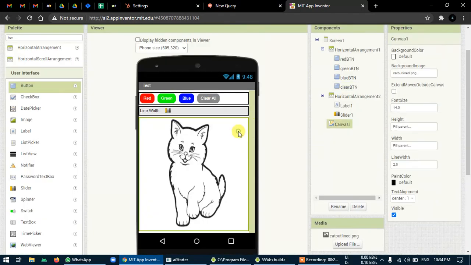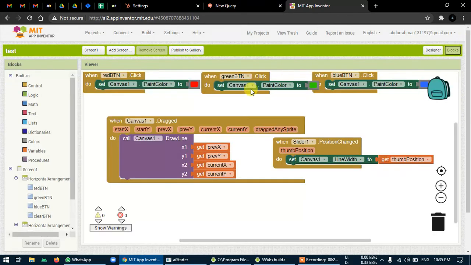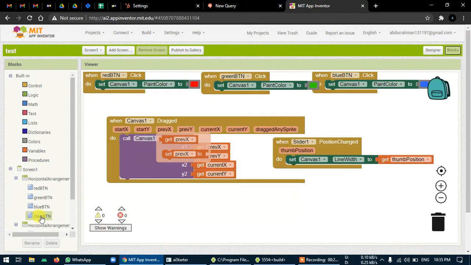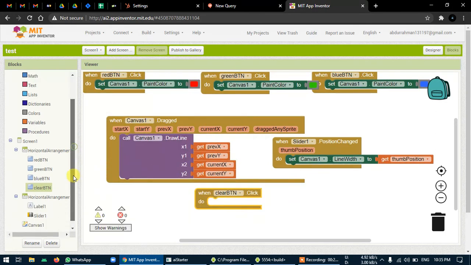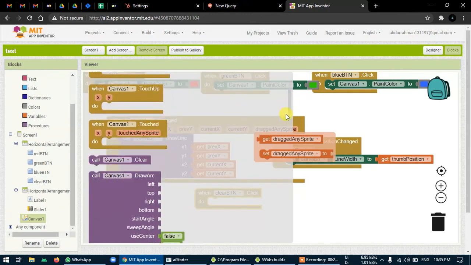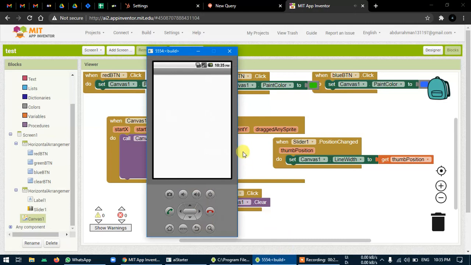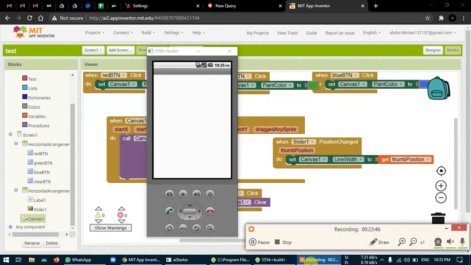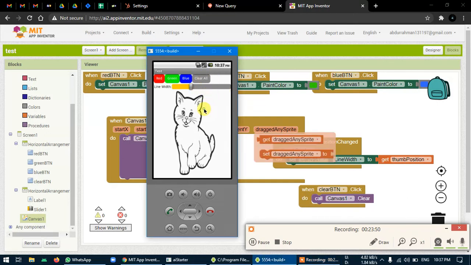Yeah, that's good. Now whenever I click on this clear button, it must clear all the things which I have drawn on the canvas. Go to clear button. Whenever you click clear, you must clear using the canvas block. There's a simple block called clear the canvas. Just use this and you're done with it. Again, it will take a lot of time to refresh, so until then, I just pause the video. Now we can see one clear button is also there, that is clear all.